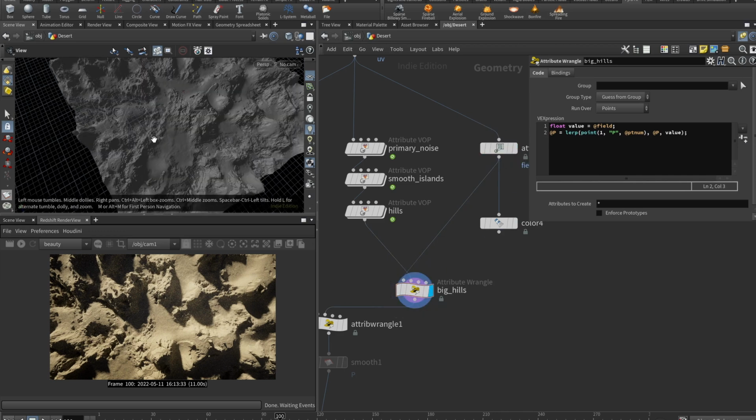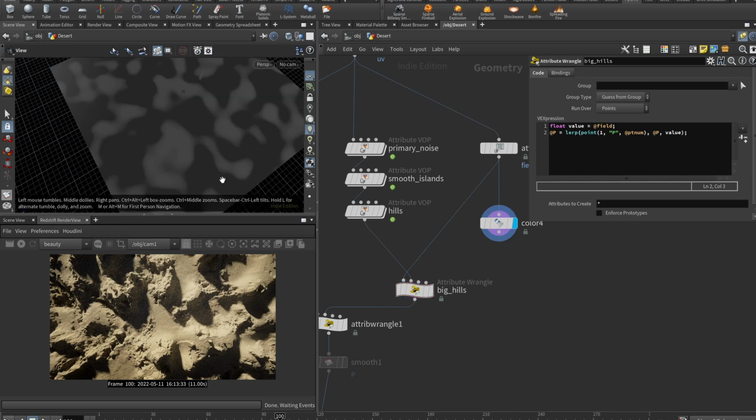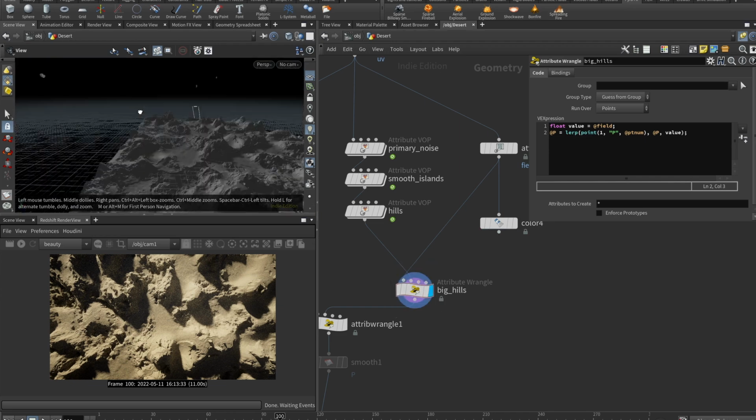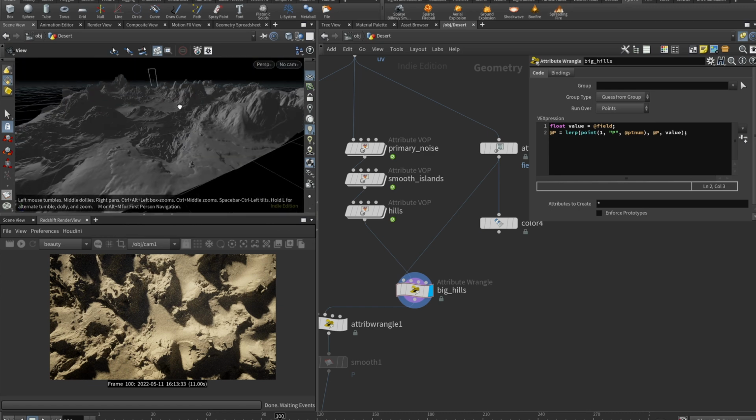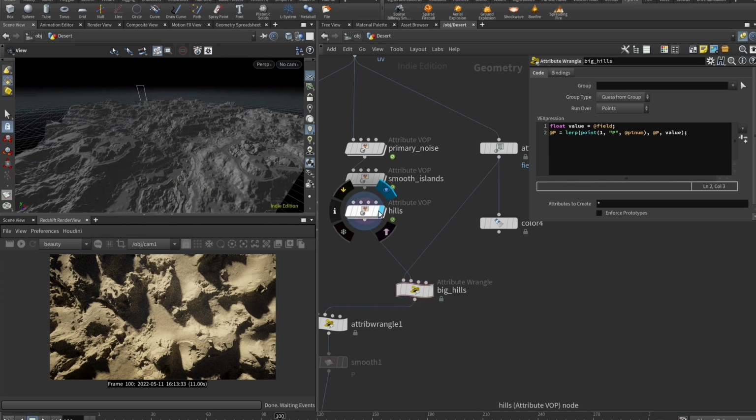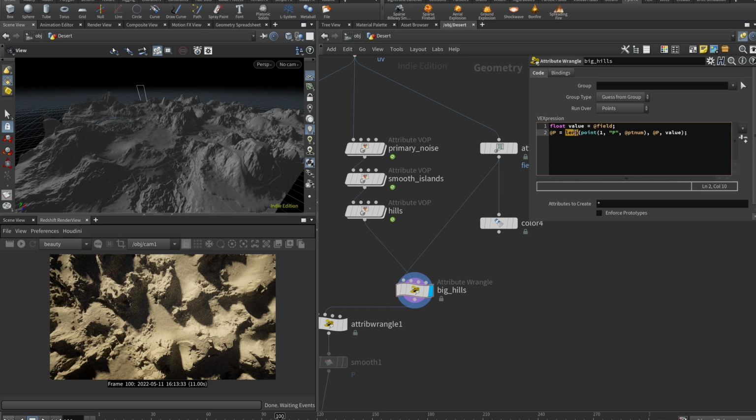black, they will actually stay that noisy. And all the areas where it's white, or actually light gray, will be our islands without the actual noise. And this looks much more realistic to me than this, but it's up to you actually. But yeah, basically this linear